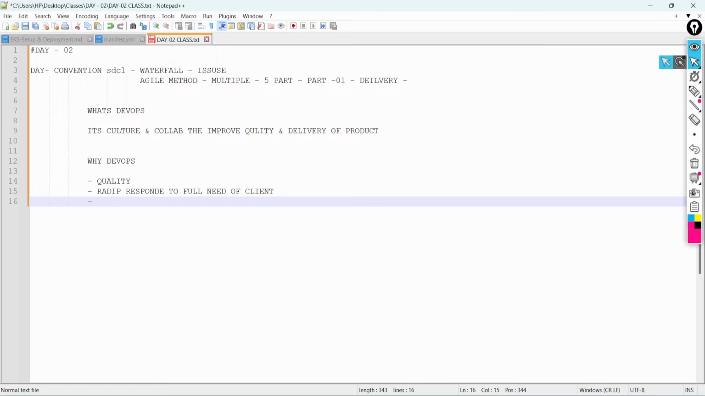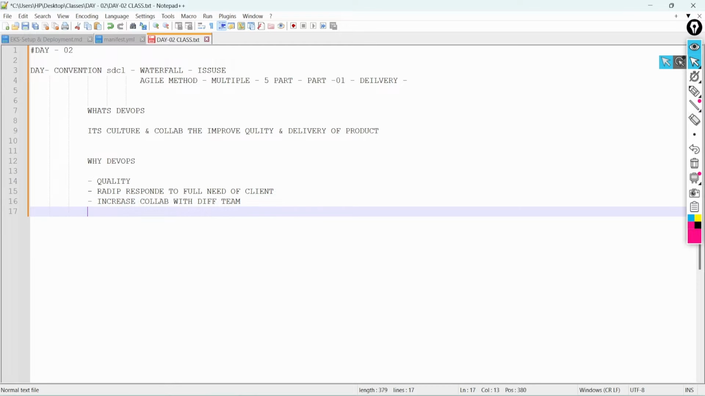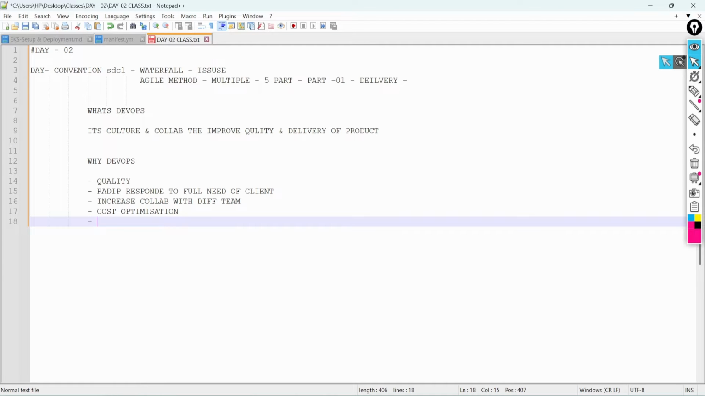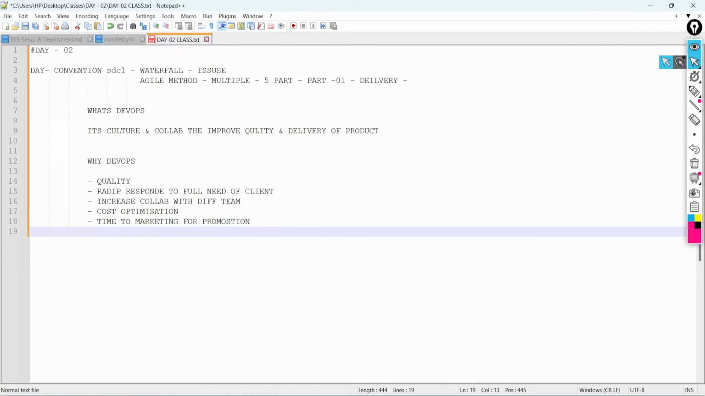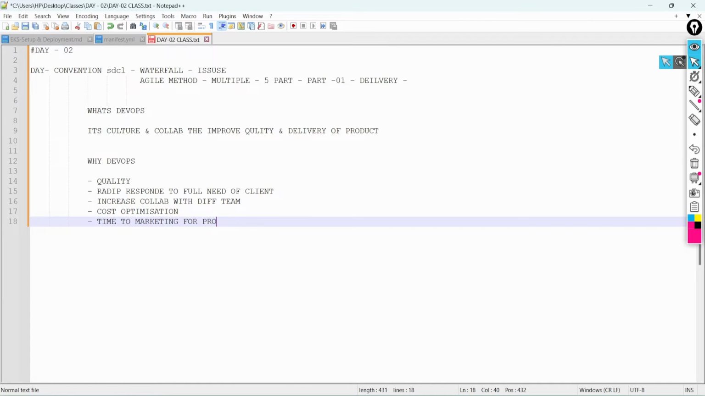After that, it increases team collaboration. This is also a main point, and it was lagging before DevOps: collaboration with different teams. The next point is quality; as I said, we cannot compromise on quality. Afterwards, cost optimization is a part. After cost optimization, we provide time to market, also marketing for promotions. Now these points, as we discussed yesterday,